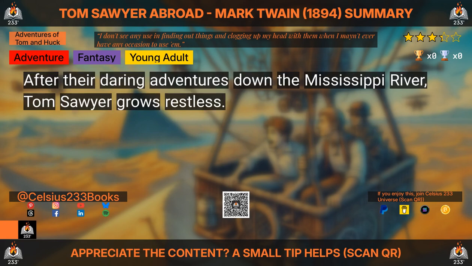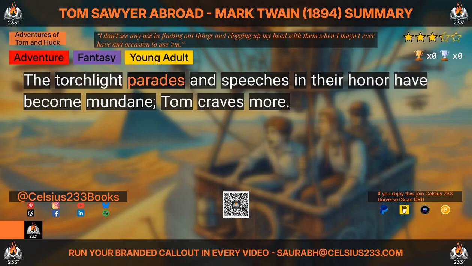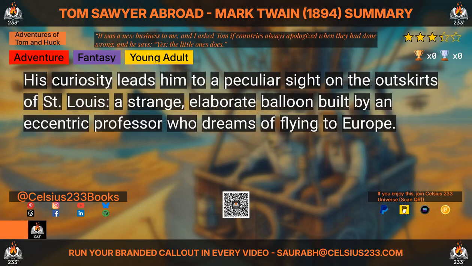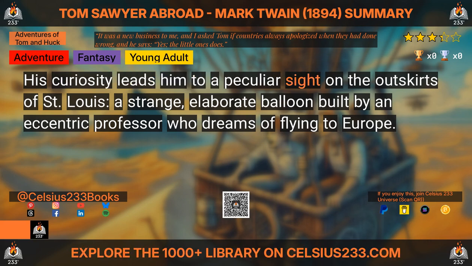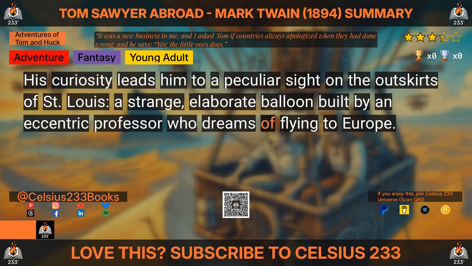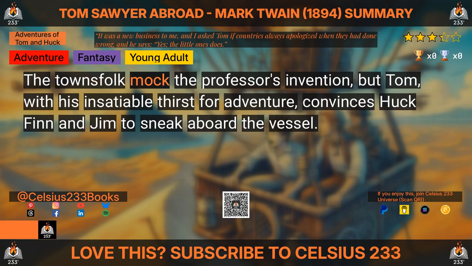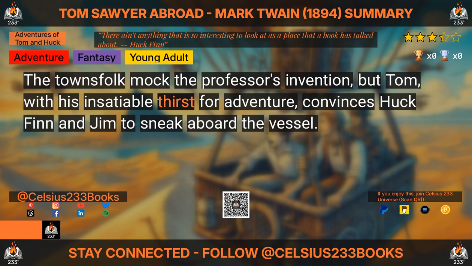Plot summary. After their daring adventures down the Mississippi River, Tom Sawyer grows restless. The torchlight parades and speeches in their honor have become mundane. Tom craves more. His curiosity leads him to a peculiar sight on the outskirts of St. Louis, a strange, elaborate balloon built by an eccentric professor who dreams of flying to Europe. The townsfolk mock the professor's invention, but Tom, with his insatiable thirst for adventure, convinces Huck Finn and Jim to